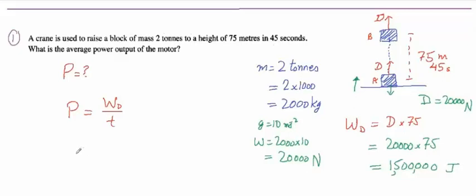Therefore the power will be equal to the work done by the driving force, which is 1.5 million joule, or 15 and 5 zeros, divided by the time taken, 45. Then we will simplify this. If we write the exact value, it will be 100,000 divided by 3, which is equivalent to